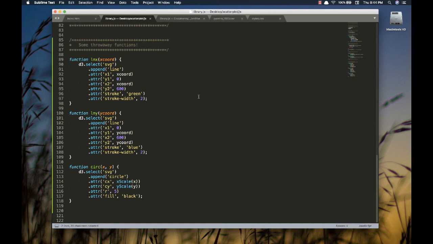I'm also testing my scales to see if I'm drawing circles properly. So down here I have a function called circ, and you'll see that that just takes two coordinates x and y. Now those aren't even coordinates. So the x maps to year, right? So I'm going to put some bogus data in here, like say 1607, and then I'm going to pretend somebody is 42 years old, and that's the y coordinate. And so you'll see here in lines 114 and 115, I'm setting the cx coordinate by sending that year to the x scale, and I'm getting the y coordinate by sending the age to the y scale. So I can drop some fake circles onto my SVG container